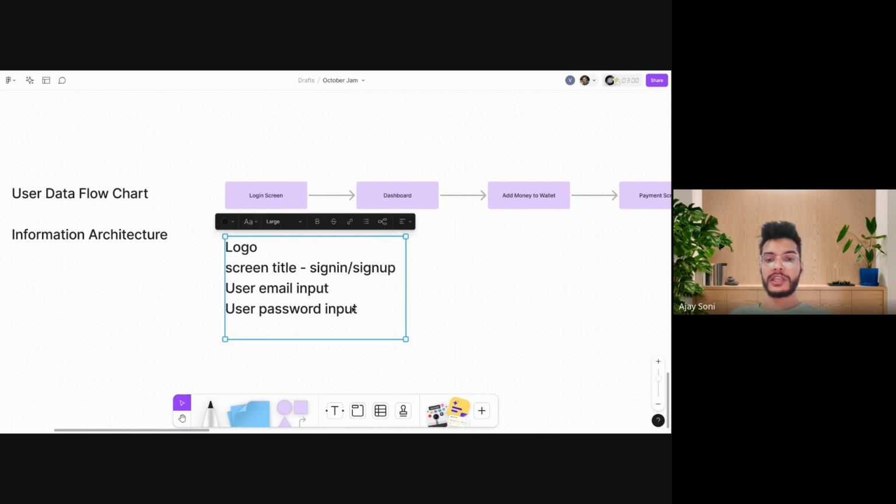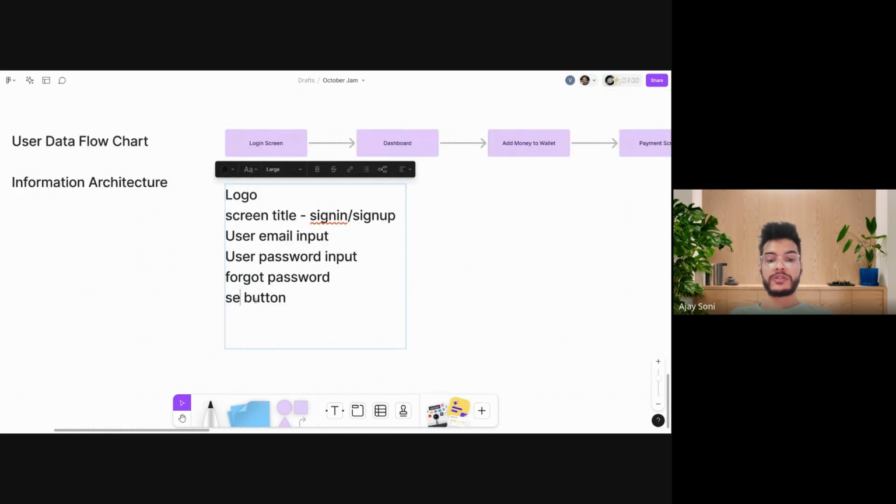Right? Let's say forgot password. Let's say a login button, or a send OTP button, whatever it can be. A terms and conditions checkbox. What else? A version number. And things can go on and on.